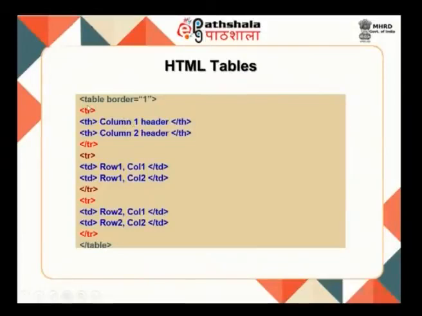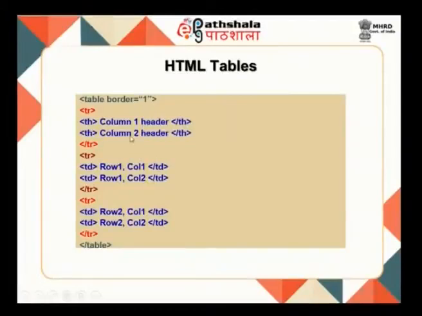And we can see here that when you start defining a table, it starts with a table tag, and the first row is going to be the header for your table. So, we can see here the tr and it has a closing tr tag, and within that there are two columns and they are actually header columns. So, column 1 header, when it is defined as a th tag, would look bold, and th, that is column 2 header, would also look like bold text.